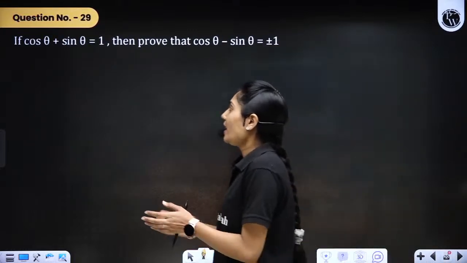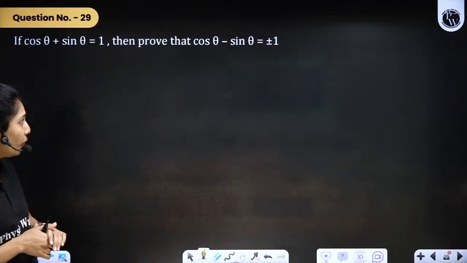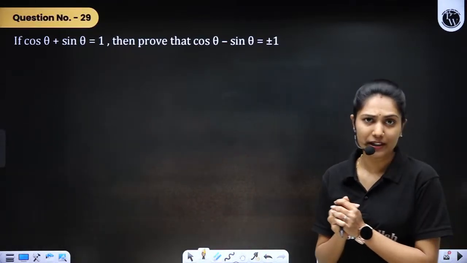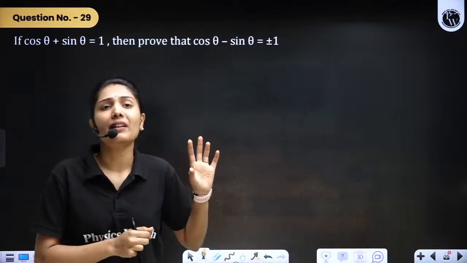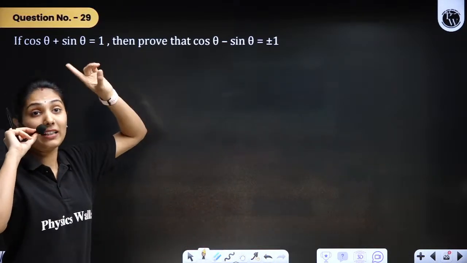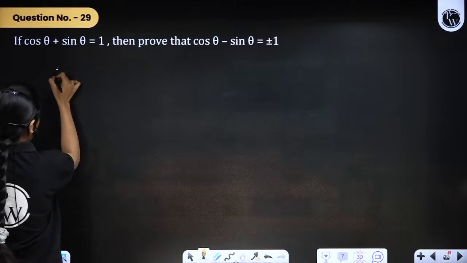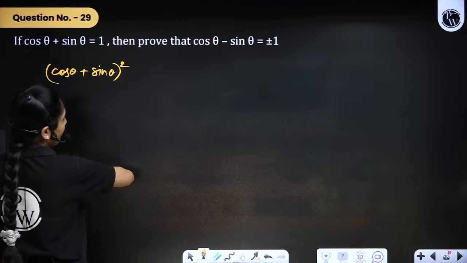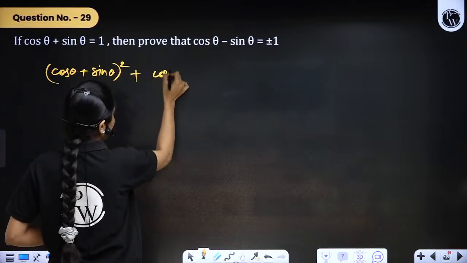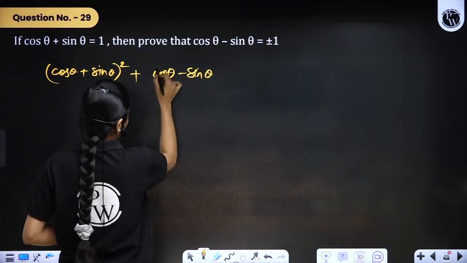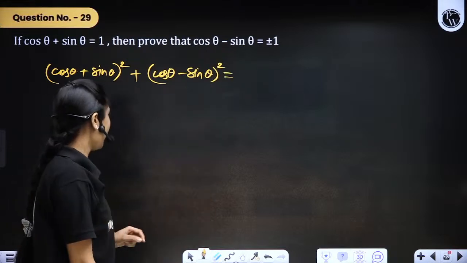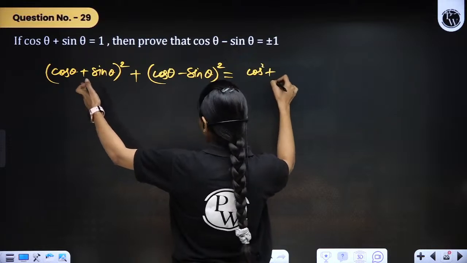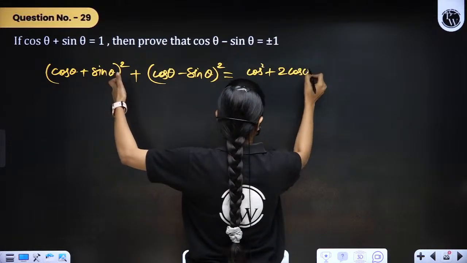Now next is, if cos theta plus sin theta is 1, then we have to prove that cos theta minus sin theta is plus minus 1. So we'll just use this simple identity, again the same thing, the alpha square plus beta square format. If we do (cos theta plus sin theta) whole square plus (cos theta minus sin theta) whole square, what I'll get here is, by expansion,